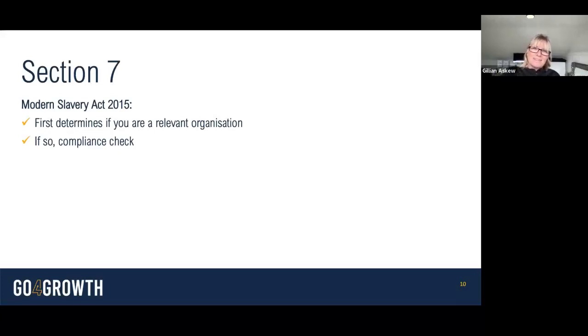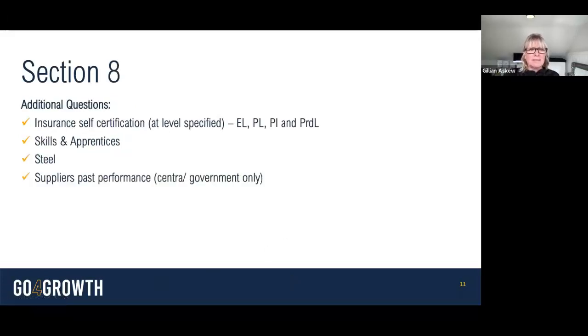One of the things the guidance also says that I think is worth pointing out is that organisations themselves are responsible for determining whether the legislation applies to you. So you might want to seek legal advice to decide if your organisation needs to produce an annual modern slavery statement or not. If you are a relevant organisation for modern slavery, then the SSQ will seek to check if you are compliant with the Act of 2015, usually on a self-certification basis.